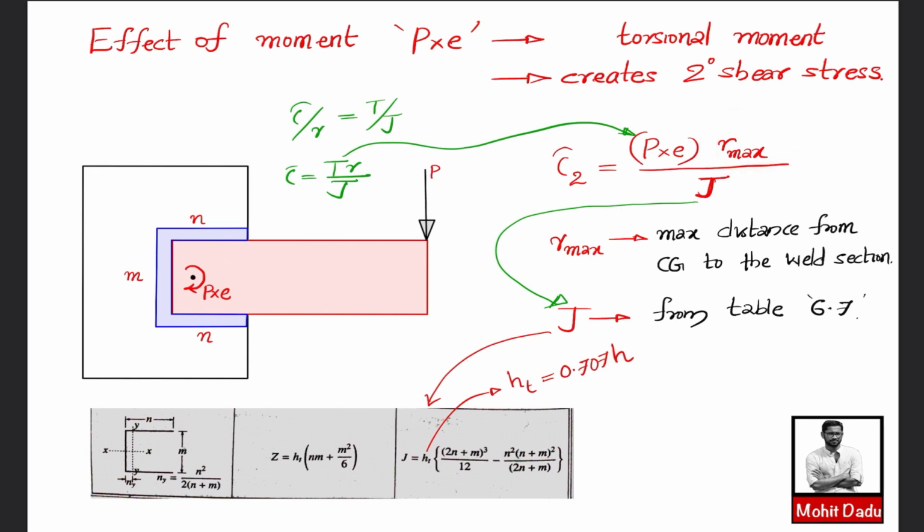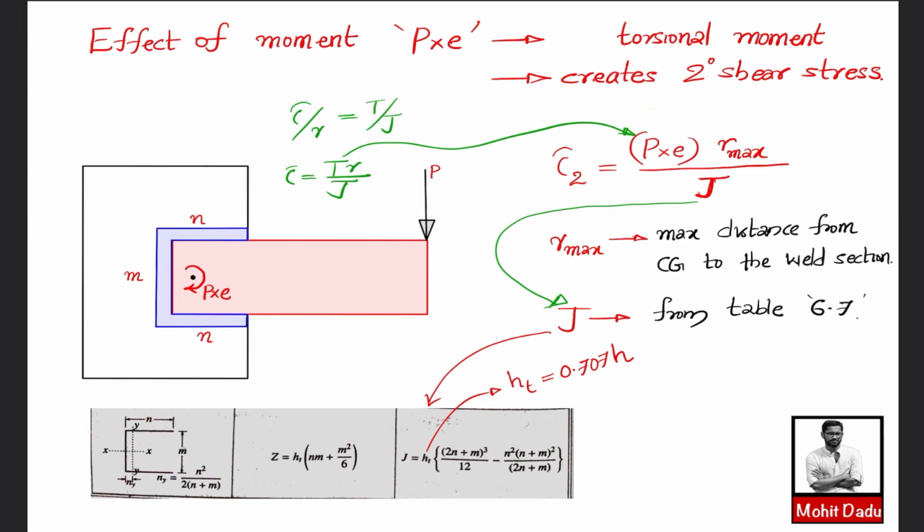So here I will be explaining Rmax. Rmax is the maximum distance. If you take the weld section, CG is located at this point, and if you observe, the point within the weld section which is located at maximum distance from CG will be lying at this point or at this point. That means this will be the maximum distance. So this will be the Rmax, or this will be the Rmax. At these points the maximum secondary shear stress will be acting. So the magnitude of secondary shear stress you can evaluate using this one.